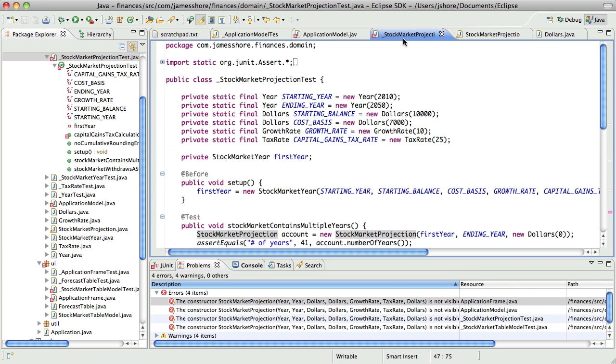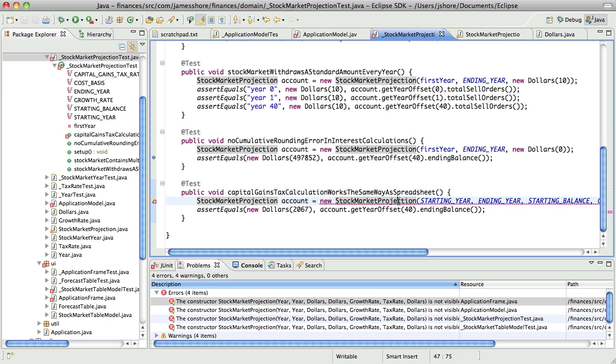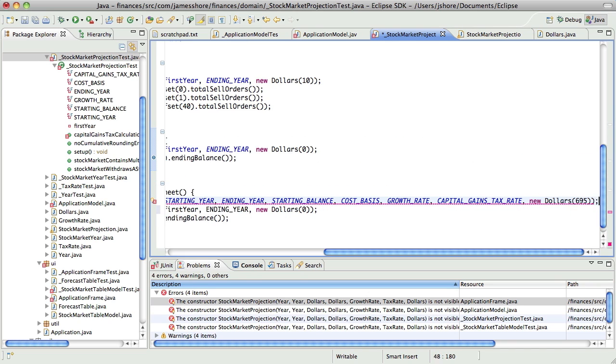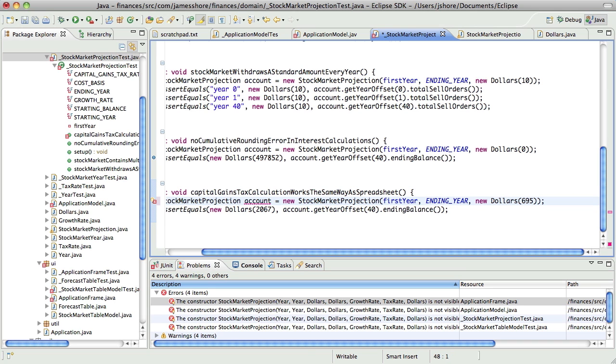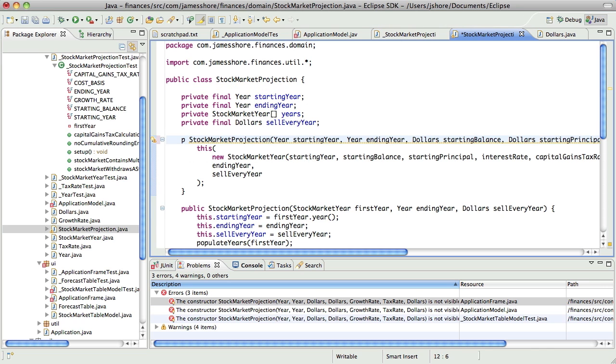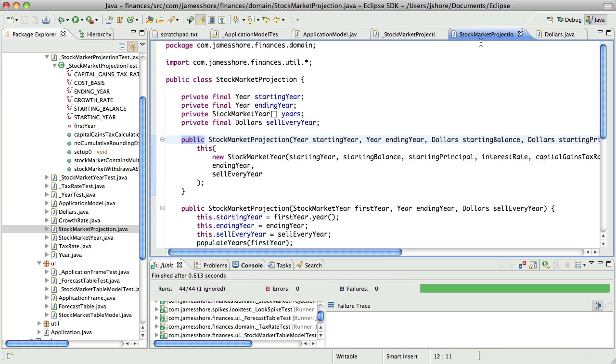Looks like I've still got something over here using it. Oh, I thought I fixed that. Sorry, a little bit of a complete brain loss there. There we go.